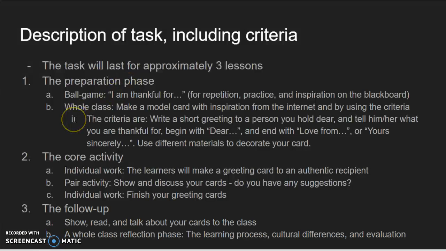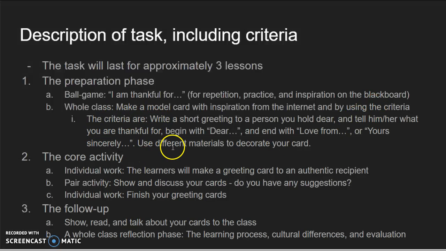The preparation phase also has a whole class activity where we are to make a model card together. We use inspiration from the internet. I will present some cards I have found beforehand, and they will get inspiration on how to say I'm thankful for, maybe food on the table. And by using the criteria